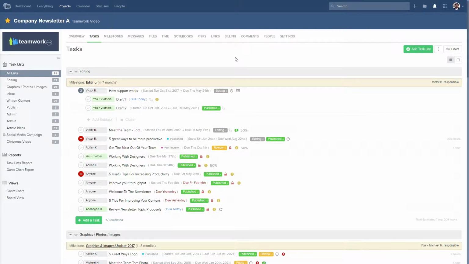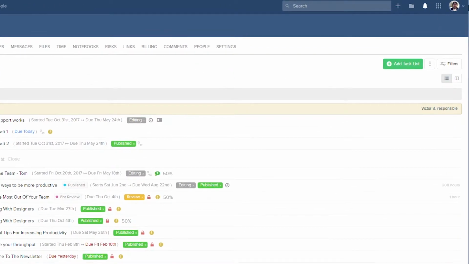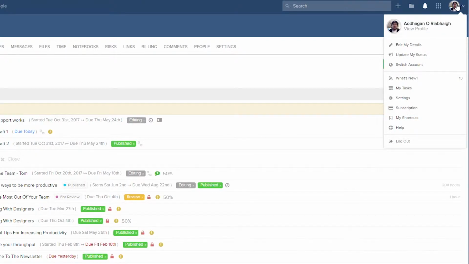As an administrator for your company's Teamwork Projects installation, you can easily customize and update a number of features at site level, which will then affect each of your projects within that installation. And viewing and updating your site settings is really easy. All we need to do is to go up here to the Options drop-down on the top right and select